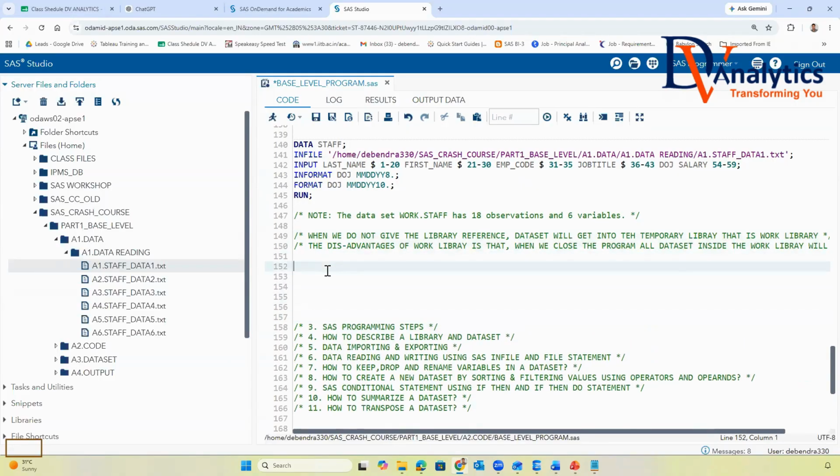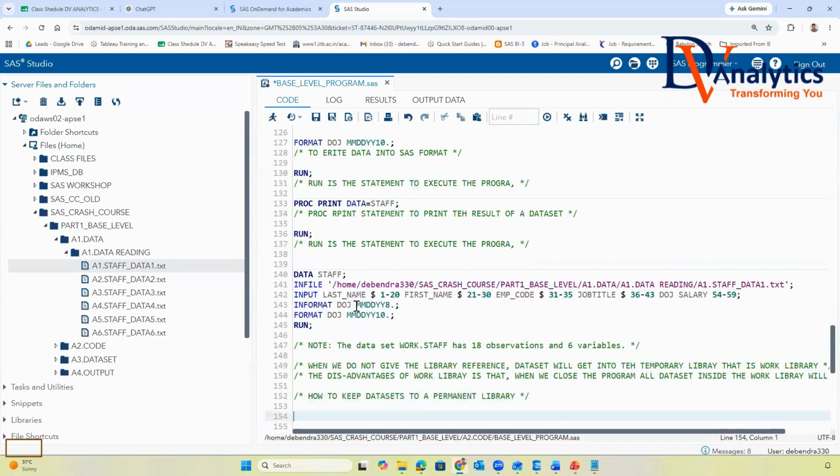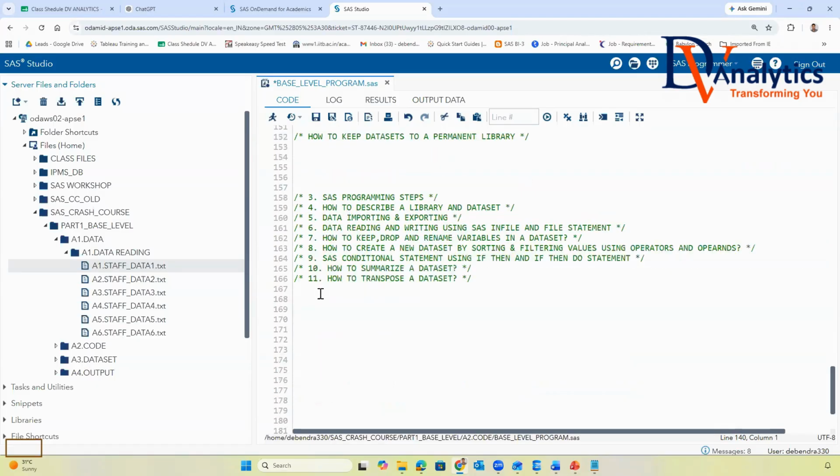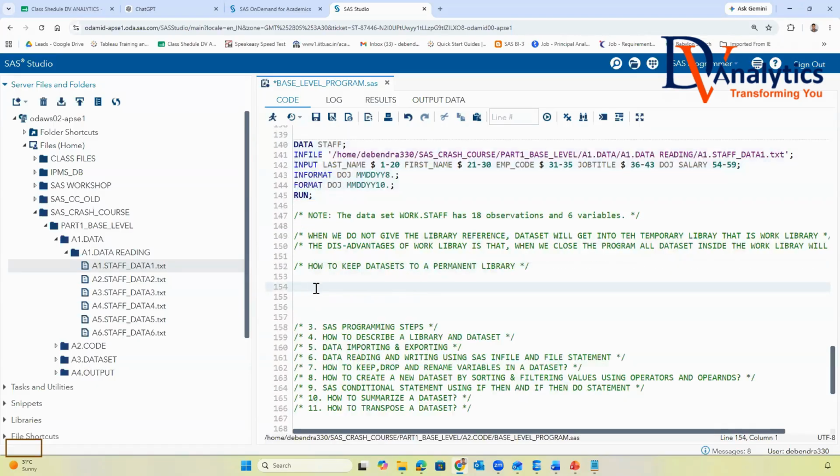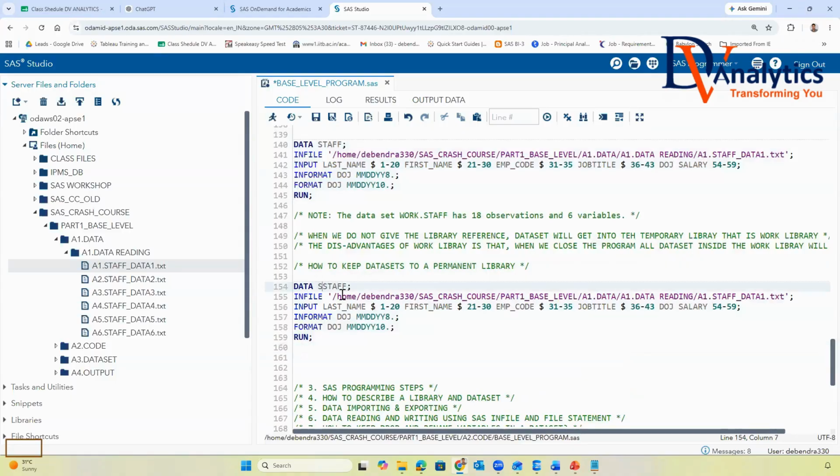Right. Now the question is how to keep data sets in a permanent library. So to keep a data set in a permanent library, you will just give your library name SAS underscore prog and dot.